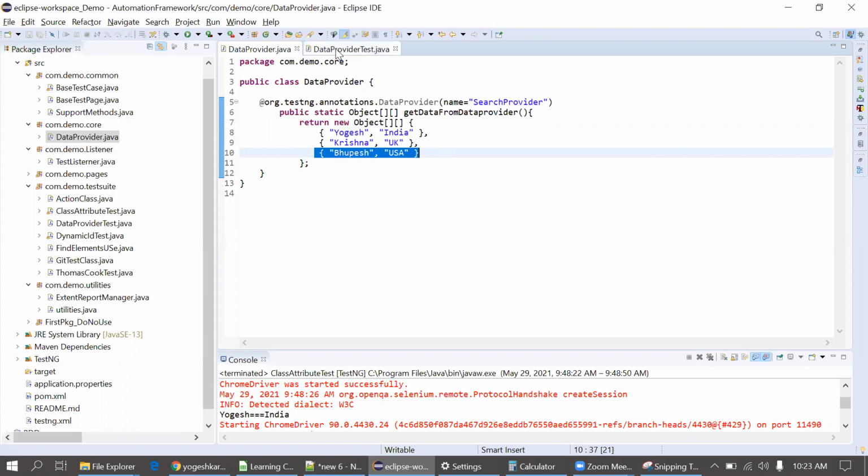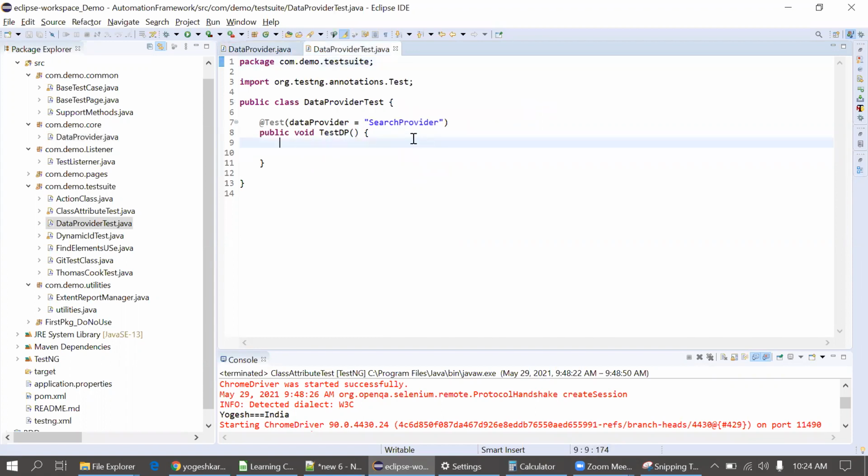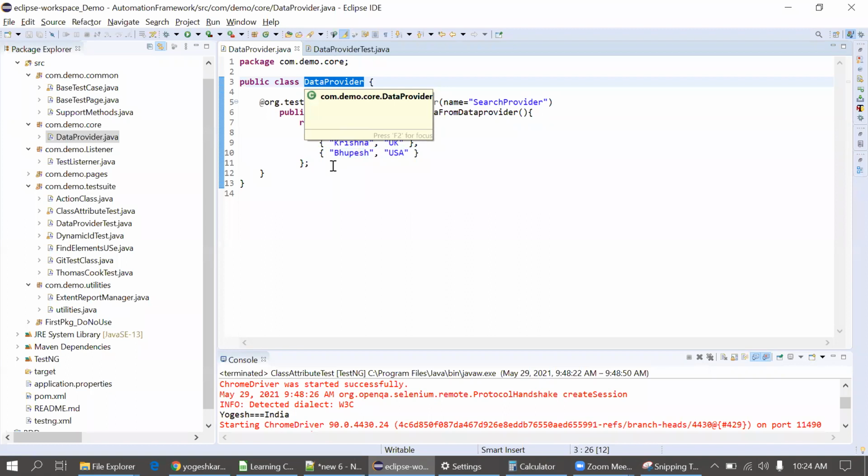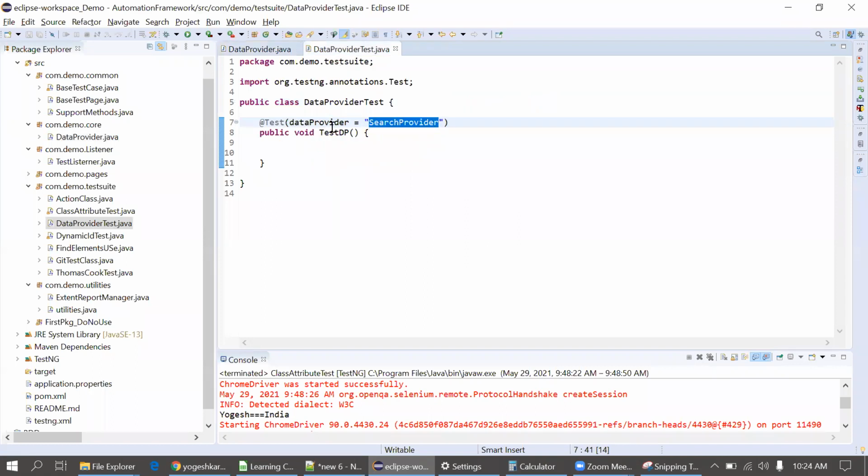Now here I have just given the search provider as a data provider, but how can I use this? Because this is in a different class, in the data provider class. So I have to extend this class where I want to use this. I cannot extend this data provider at test case level. This is a test class. If I start extending this, I have to extend this to every test class.